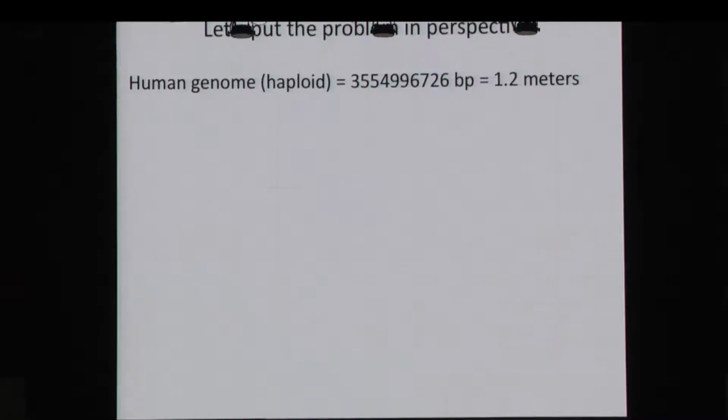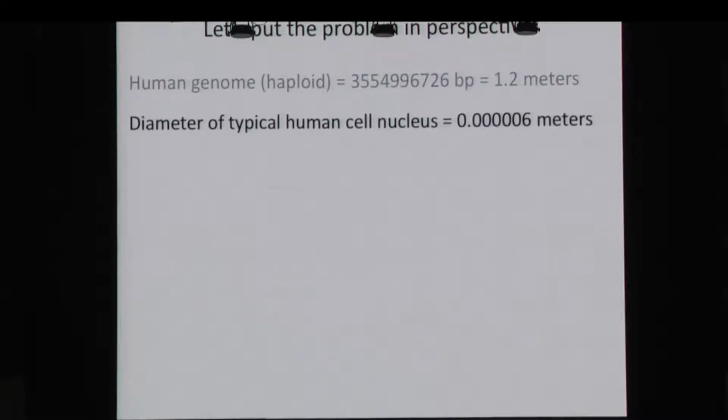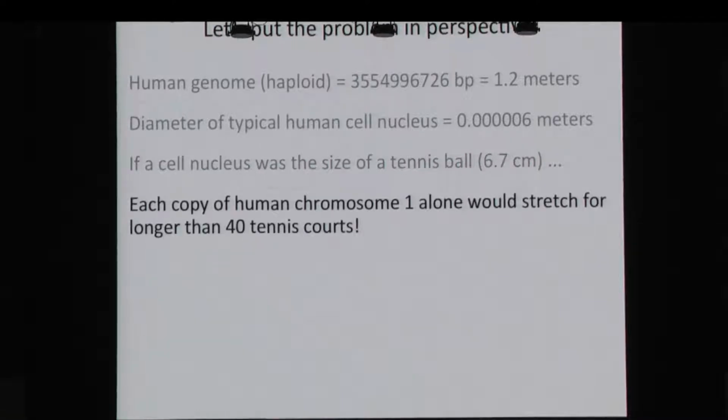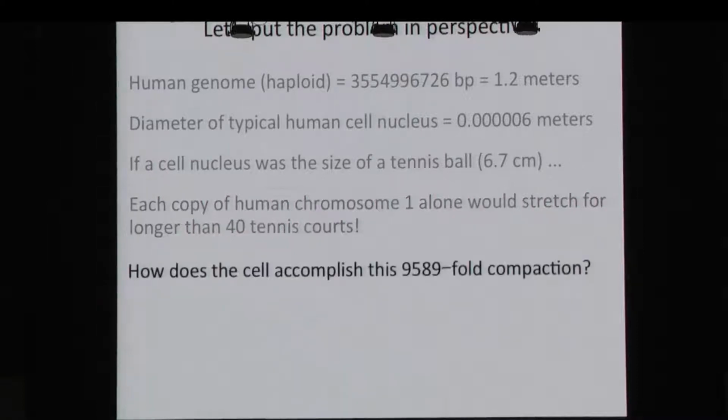So let's put the problem in perspective. The human haploid genome is 1.2 meters, so in each cell there's 2.4 meters of DNA. The diameter of a typical cell nucleus is 6 microns. Let's make an analogy. If a cell nucleus was the size of a tennis ball, the length of chromosome 1 alone, just one chromosome, would be longer than 40 tennis courts. So how did we accomplish this 10,000-fold compaction to get that amount of DNA packaged into that mitotic chromosome